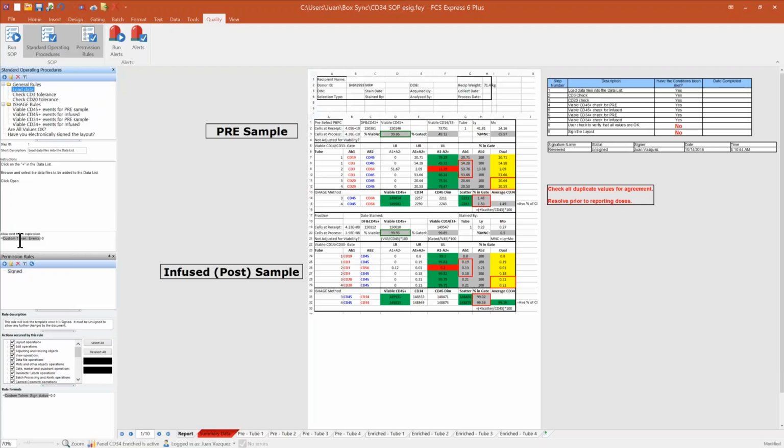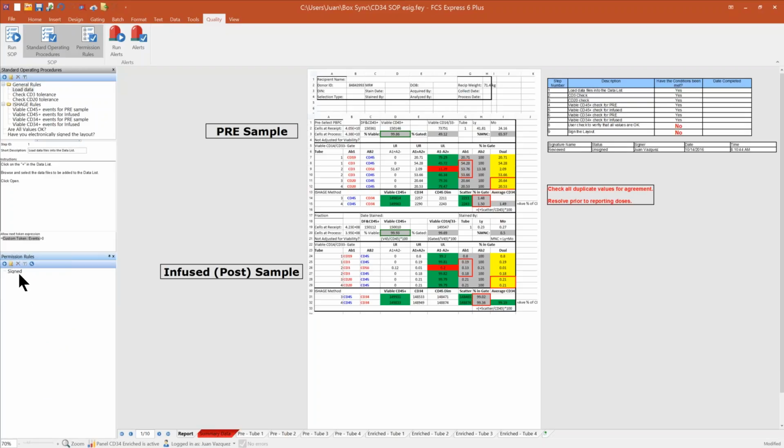So as a training tool, you can create a lot of these steps to help your users realize and recognize what needs to be done as part of a typical workflow for your lab. And when it comes to training, you can just give them this template, give them the data, and all the instructions are going to be within that as part of the procedure. Okay. Also with this SOP,